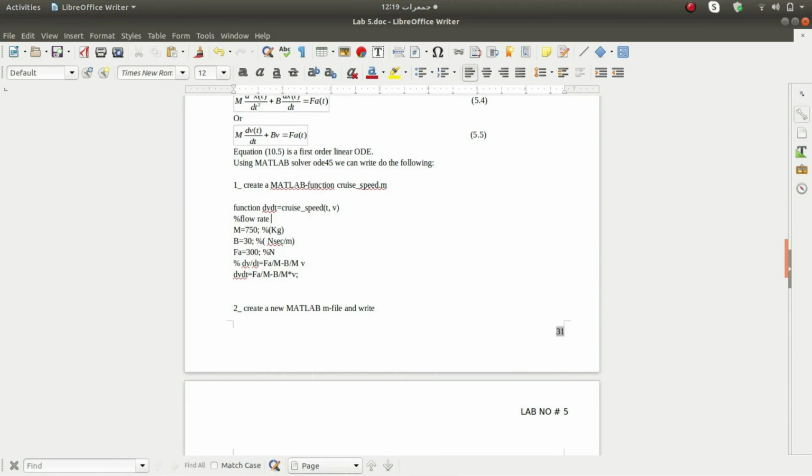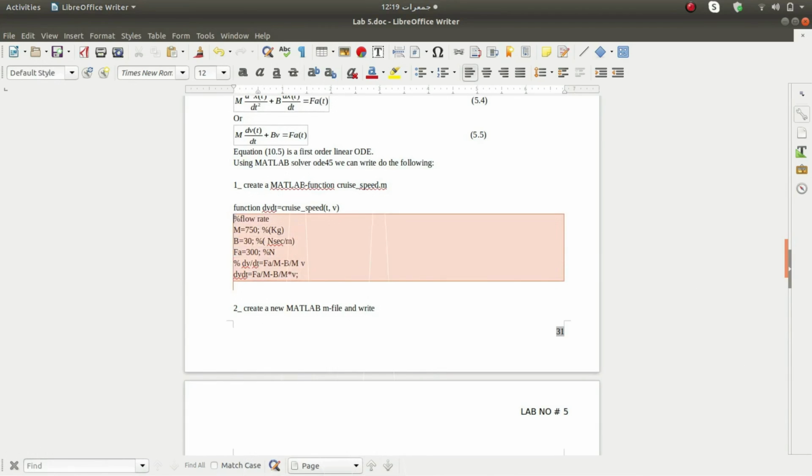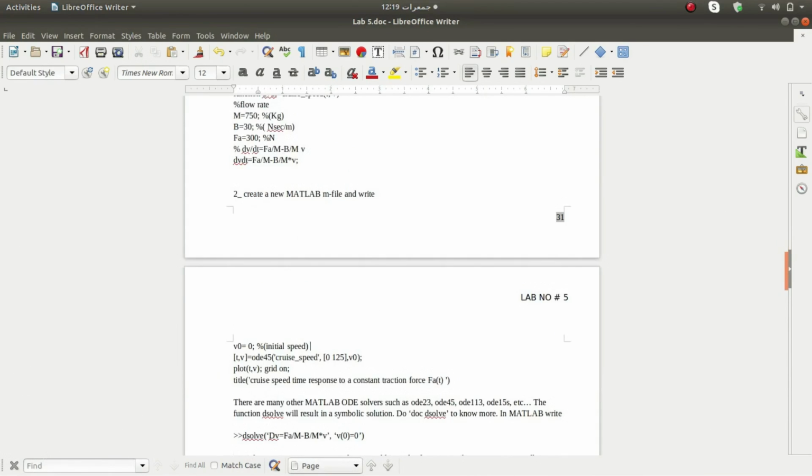You don't need to write this whole code again and again, but just you can call this name cruisespeed.m and it will call this function by itself. So it is a good advantage in MATLAB. Second, we have